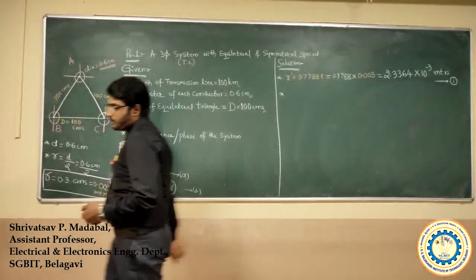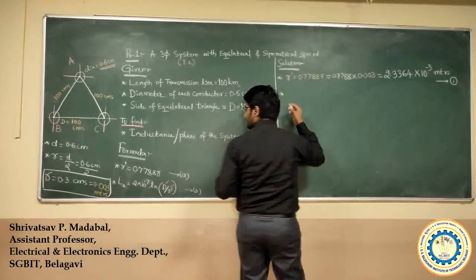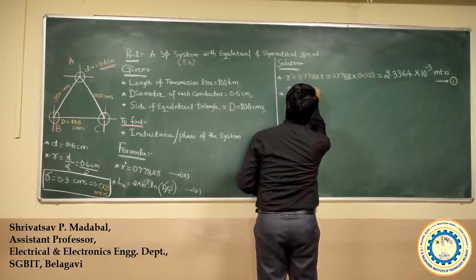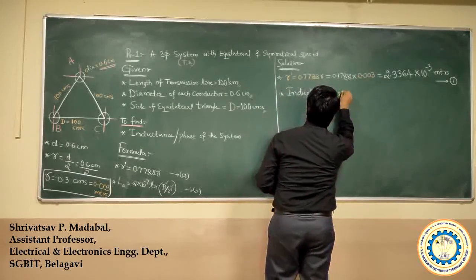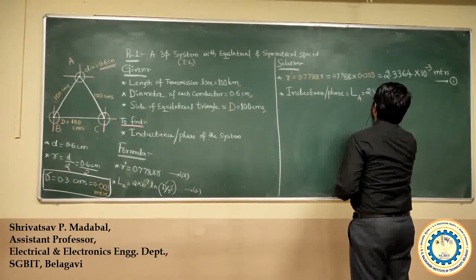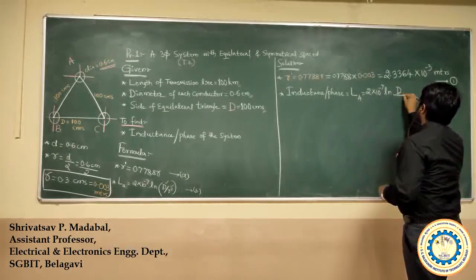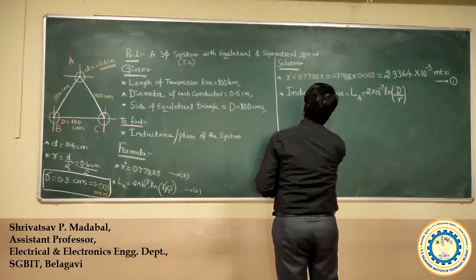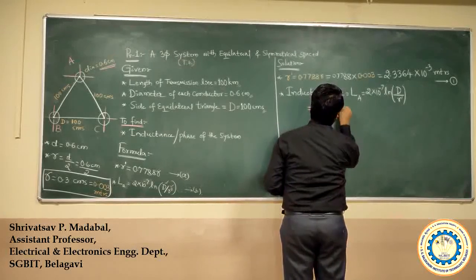So the next step, in this equation, is inductance. That is nothing but inductance per phase. So it is given by LA, that is 2 into 10 raised to minus 7 ln of D by R dash. Now, as I am having both the values, I can substitute the values here, that is 2 into 10 raised to minus 7 ln of,